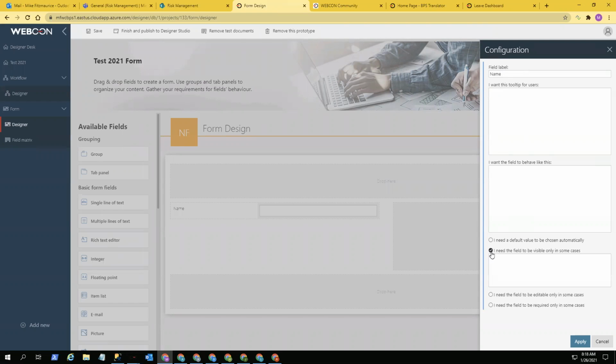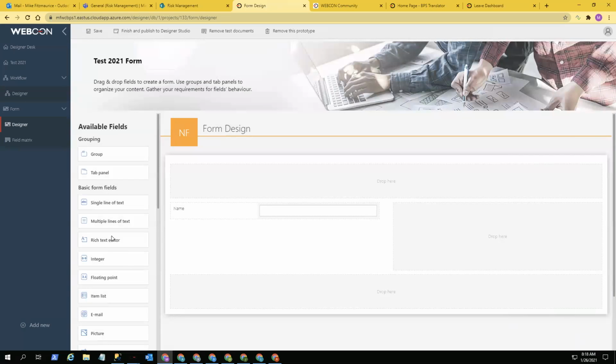If I only need it to be visible in some cases, or editable in only some cases, or required in only some cases, throw in that conditional logic, hit apply. If you want to throw in a couple of other things, how about,